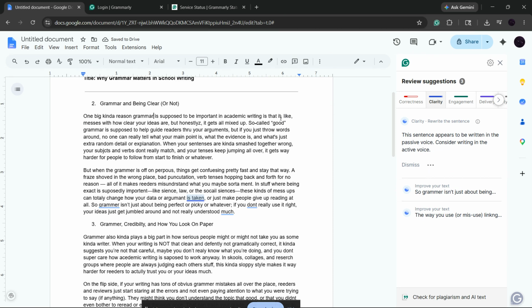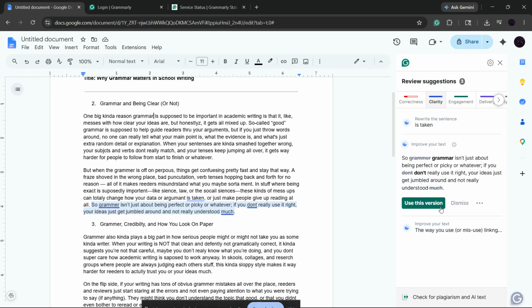As soon as you accept a fix, Grammarly will automatically move to the next available suggestion. That means you can keep working through your document one step at a time, cleaning it up in order without having to search through the text manually. Just keep clicking the top card in the sidebar, reviewing the suggestion, and accepting the best rewrite until your document